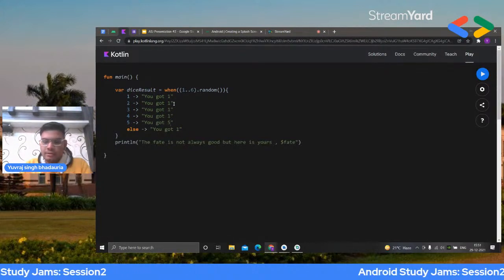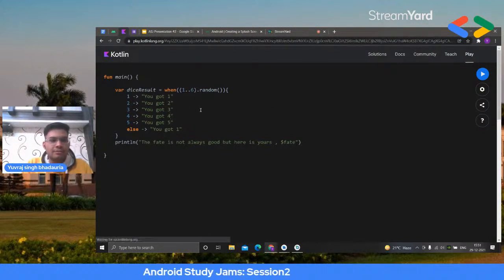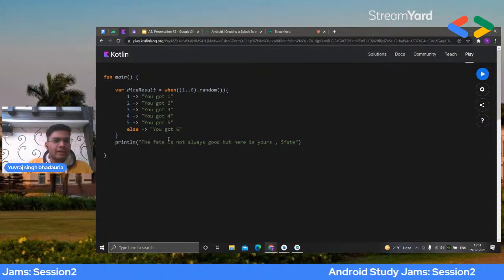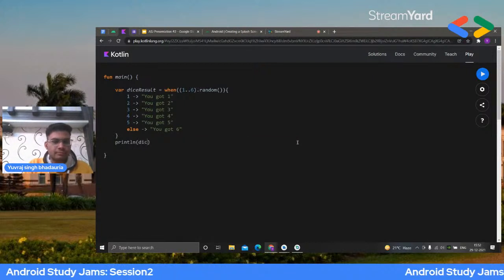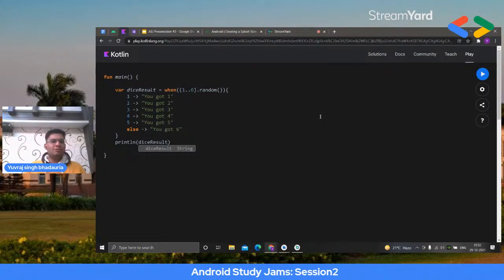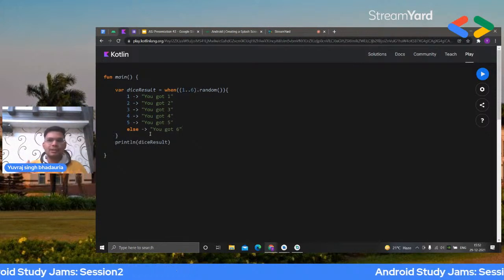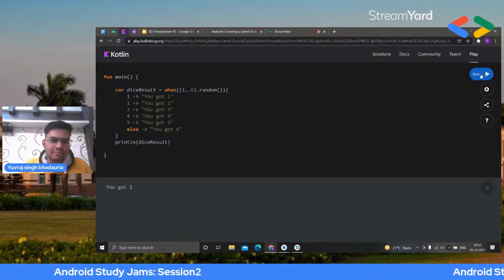So what I was writing, you got five. So one, then two. Wait, let me show my fast typing skills here. Four, five, and now it's six. You got six. So that's it. Now what I want is to display the dice result here. It will be very similar to a real dice. What happens with a dice? You just take the dice and roll it to get a number. The similar thing will happen when I click on the run button. So, you got one,